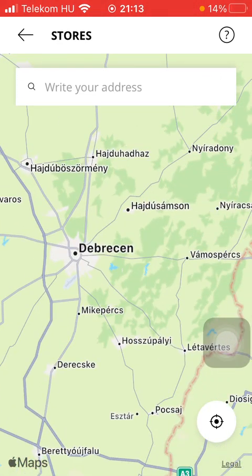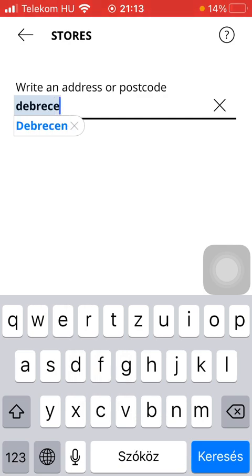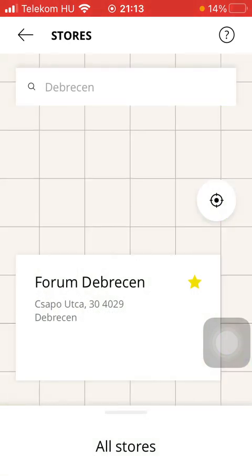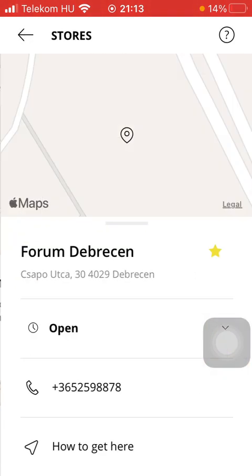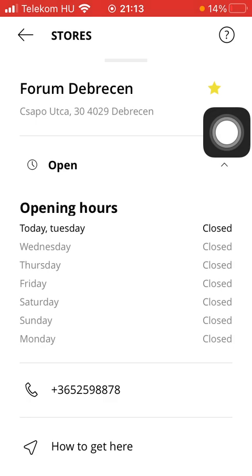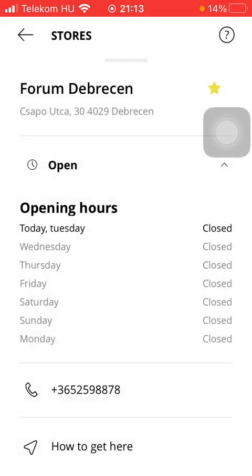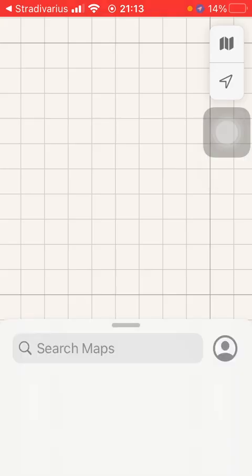If you tap on it, you are going to find the stores nearby, but you can also type in your address or your town into the search bar at the top. Here you can find the name of the store, the opening hours, if you tap on the open button, their phone number, and also how to get there. If you tap on this button, you will be directed to your map where you can check out the